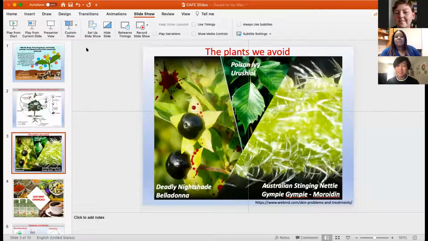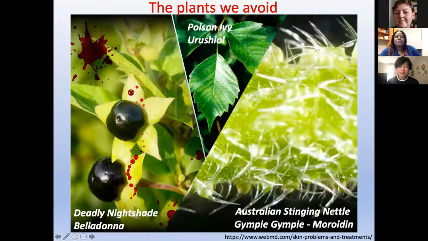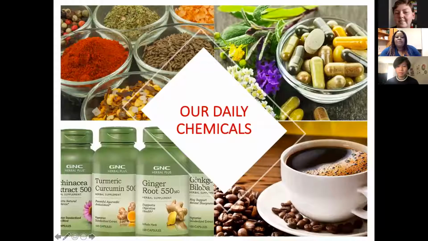Well, how about some positive examples? What are some beneficial plant chemicals for us? And do other animals use it in the same way? So beneficial examples, I think every time